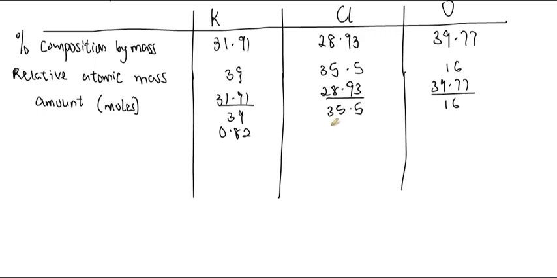Dividing this, we have 0.81, and there we have 2.49. Now we won't be stopping here because we are wanting the simplest ratio. To get the simplest ratio, we will be dividing these by the smallest value. The simplest ratio is needed so as to have this in whole numbers instead of the decimal values we are having here. So here we have the smallest value, that is the smallest amount, to be 0.81. So dividing by the smallest,